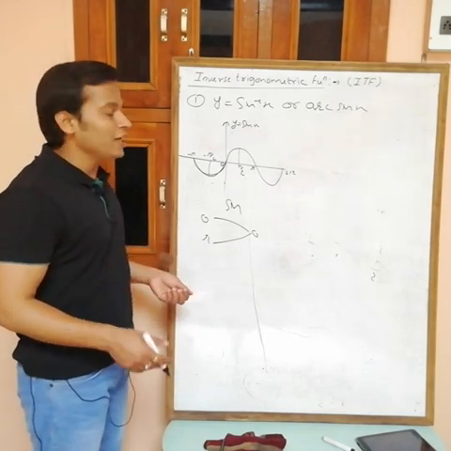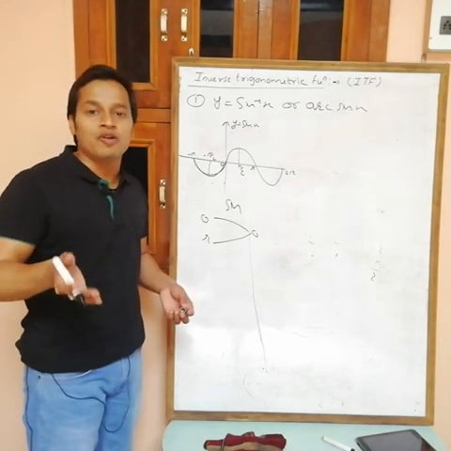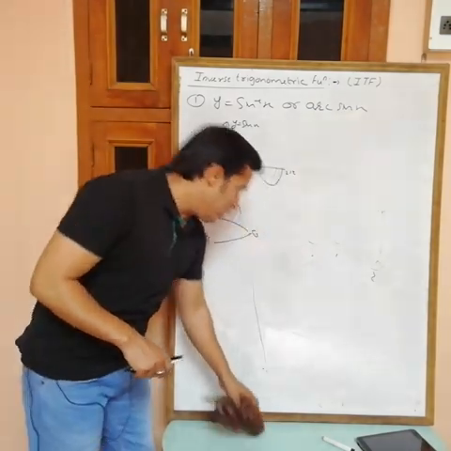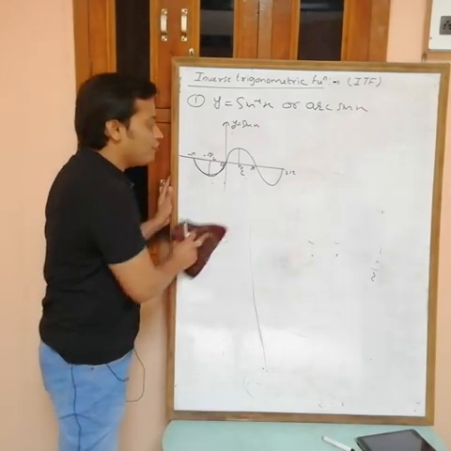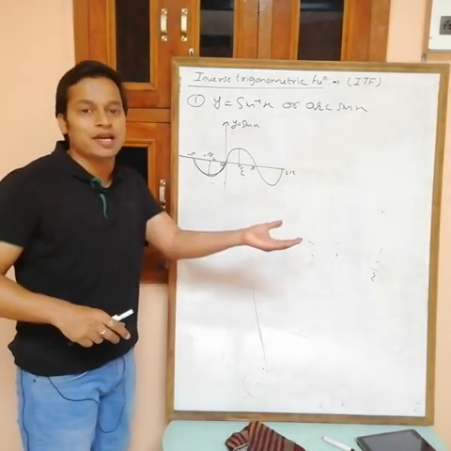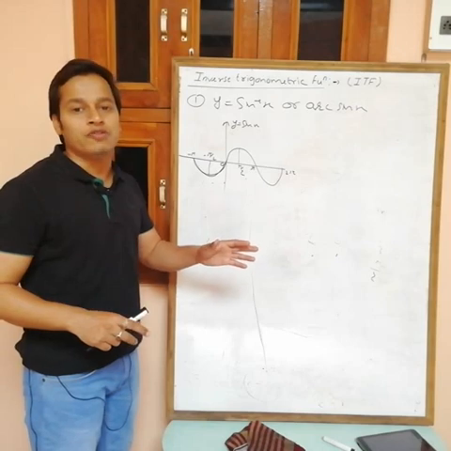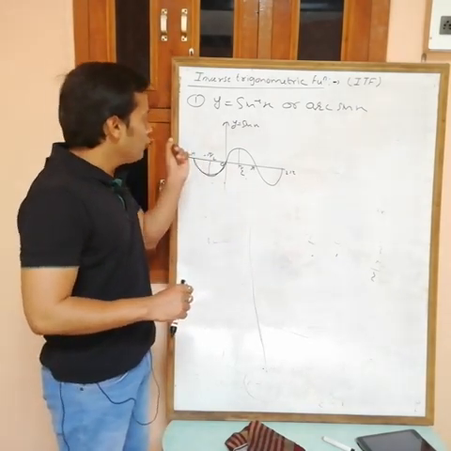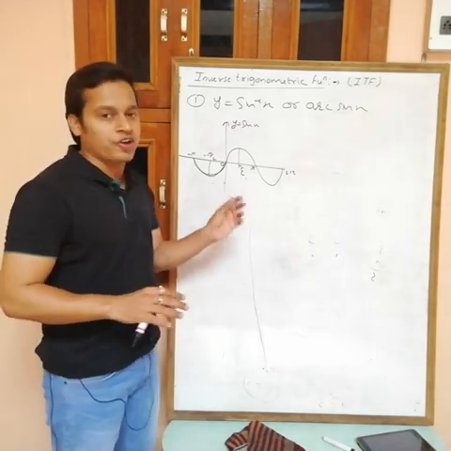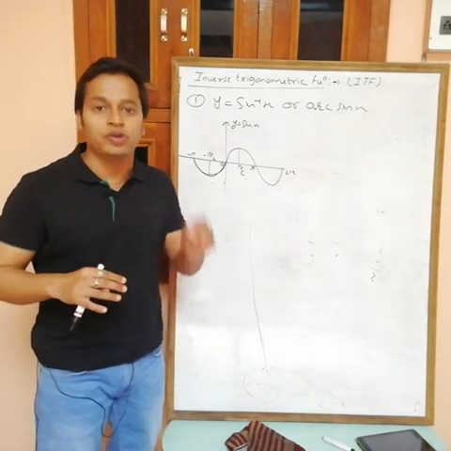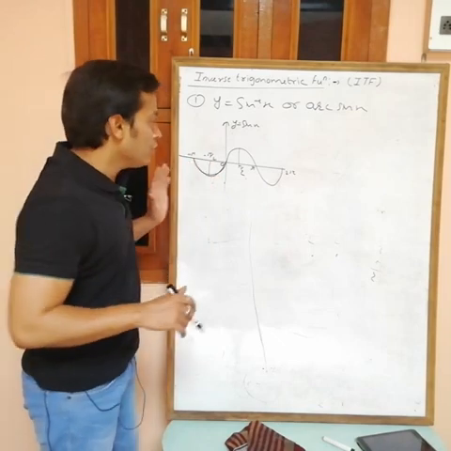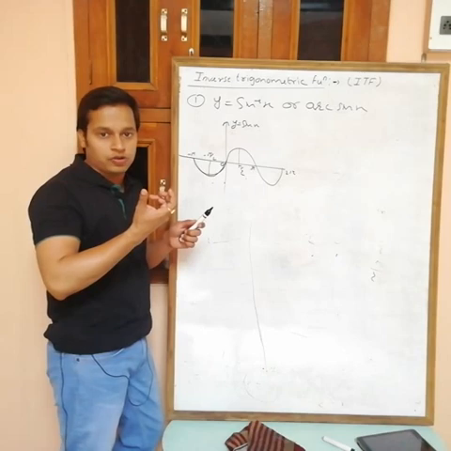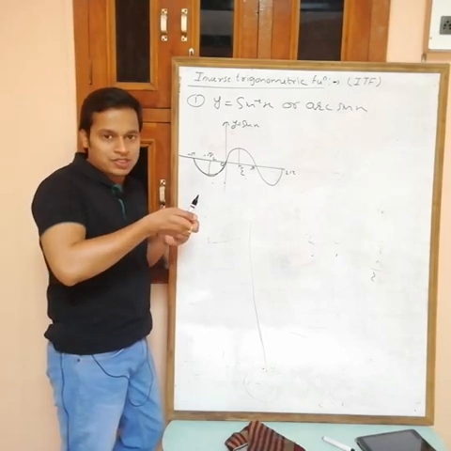But we know that the inverse is only defined for 1-1 and onto functions. So first we have to limit this function such that it becomes 1-1 and onto. Only then is sine inverse defined, otherwise sine inverse is not possible. So to get sine inverse, I have to redefine the sine x function such that it becomes 1-1 and onto. It means a bijective function. For 1-1, it means there is no repetition of values: for two different x we don't have the same y.